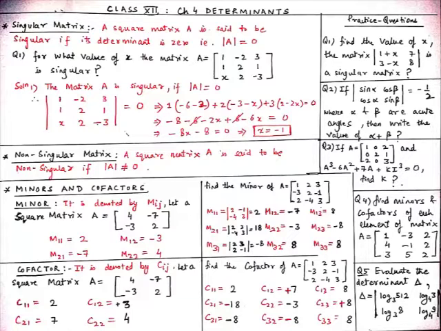And now C31. So 3 plus 1 is 4, which is even. So we will write it as it is. C31 equal to minus 8. And now C32. We know that M32 is 8. So, and 3 plus 2 is 5, which means it is odd. So here we will take it negative. So C32 will become minus of 8. And now C33. So 3 plus 3 is 6, which means it is even. So it remains as it is. Therefore C33 equal to 8.